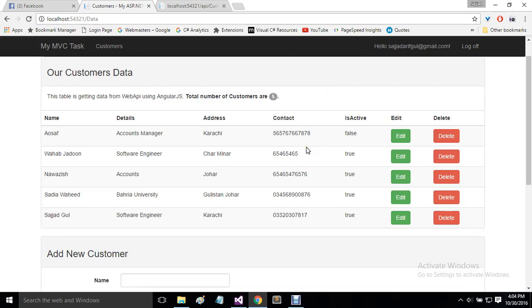So basically it is a completely basic application, not much operations, but anyway basic CRUD operations are performing here. So you can also add some other features, like before deleting it should show a confirmation message and other stuff.